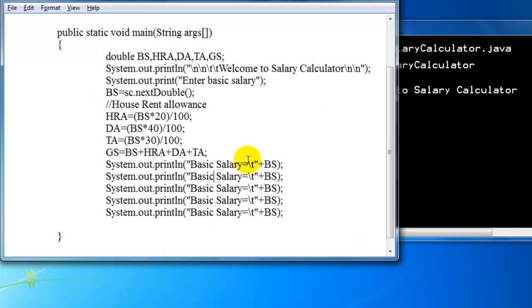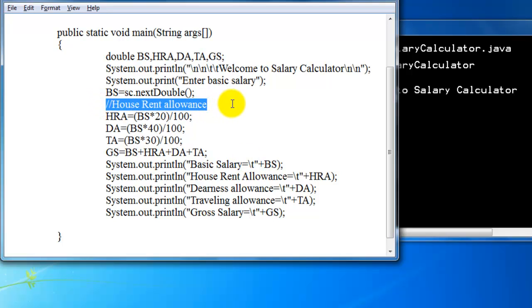So now house rent allowance HRA, DA dearness allowance, and TA, it is traveling allowance, and finally our gross salary.